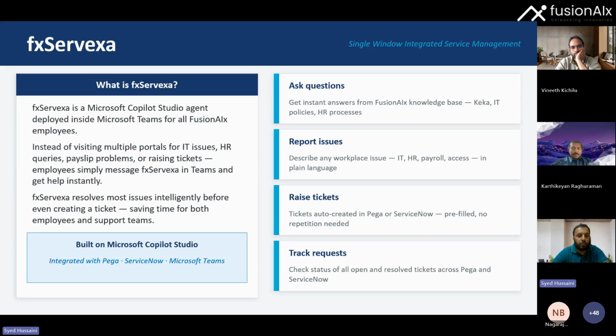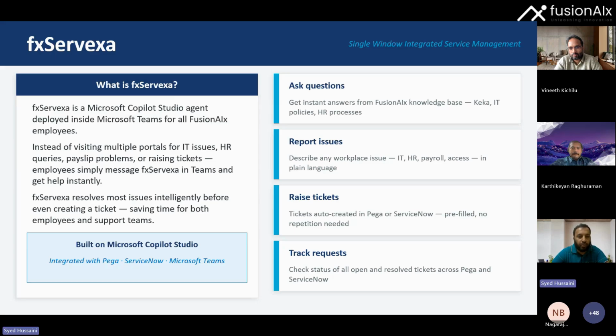So to solve it, with Cervexa, an employee can simply message in Teams. Then this Cervexa agent takes care of answering the queries or triaging the issue and providing suggestions before creating any tickets in the backend. The main thing we want to do is reduce the number of tickets which might get created in the backend.